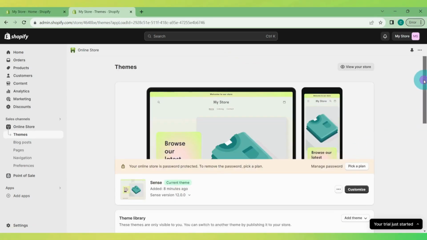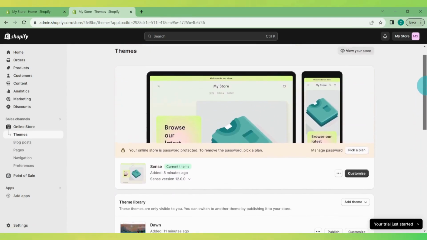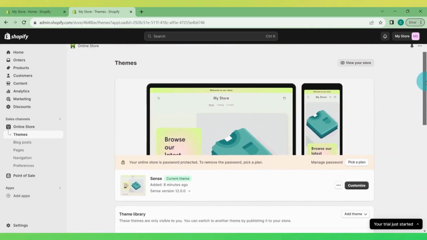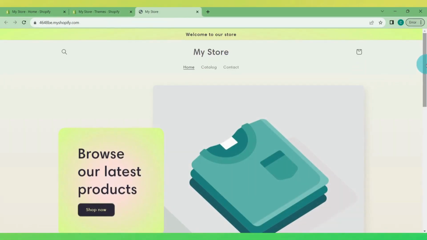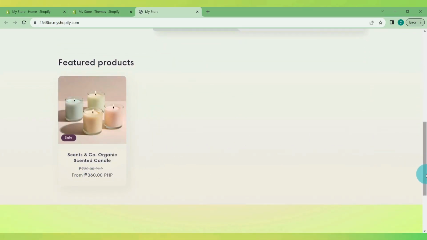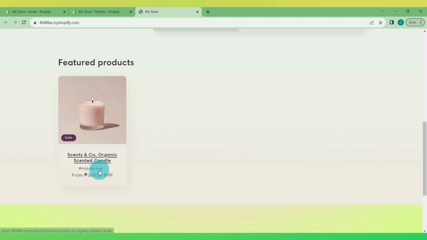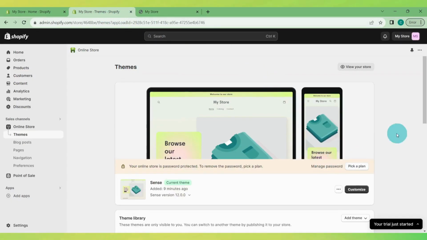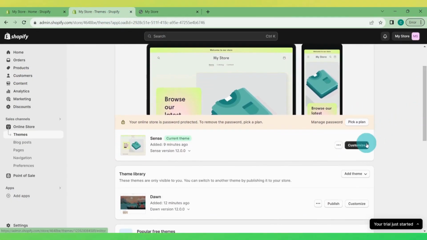Now let's go back to Online Store and then Themes so that we could now see how our product would look like in the online store. Scroll down and we should see our product here at the bottom part of the homepage. Now to add some branding to our online store, let's go to Theme Settings,